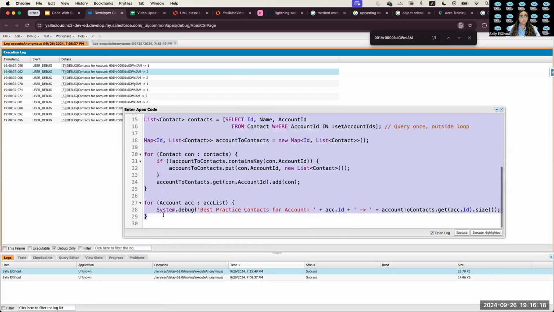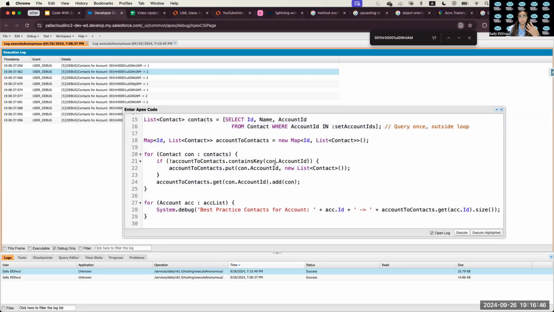for loop. Someone will feel like it's a bit too much or it's a lot of code, but this is the best practice to not have any so-called statement inside a for loop. So even though it feels like a lot, that's what we need to do, because having a so-called statement inside a for loop, you may hit a limit from the governor limits of Salesforce, because you may, especially, you feel the benefit of that in,